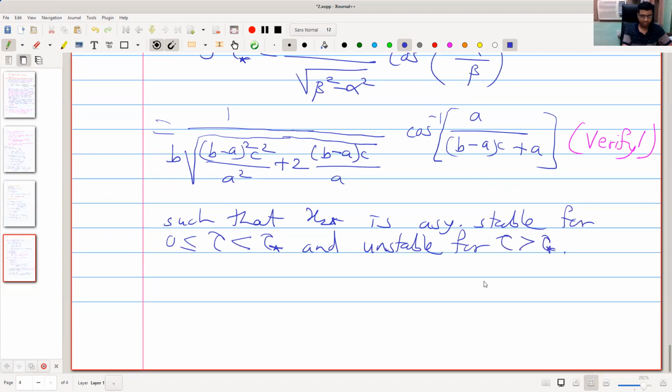What is meant by unstable? Unstable means which is not stable. That means if we consider any small neighborhood of equilibrium point, then there is at least one initial value or initial data such that solution starting from that initial data will go away from equilibrium point. So we have seen the saddle things.